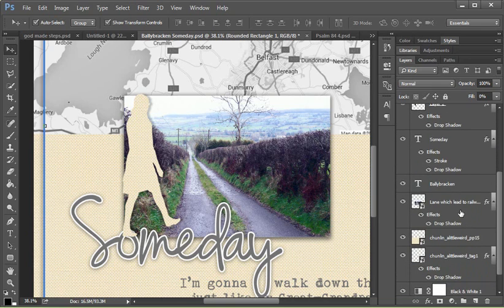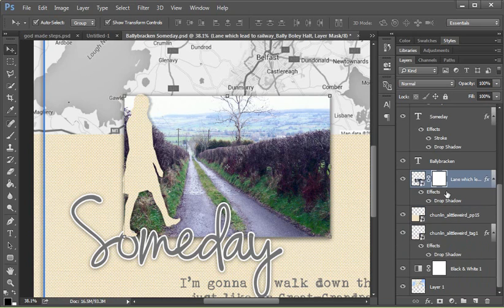Oops, I'm going to go back to the photo layer. Okay, here's the photo layer. Now all I'm going to do is click on this mask, add a layer mask, and then you remember black reveals, white conceals. So I am going to get a brush tool, and I have black down here as my foreground color,